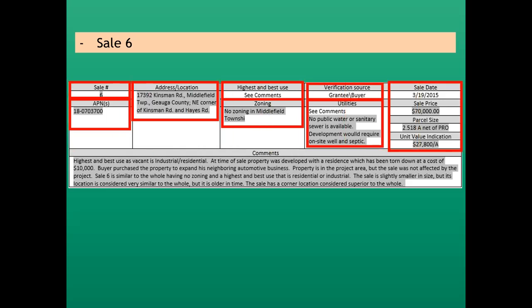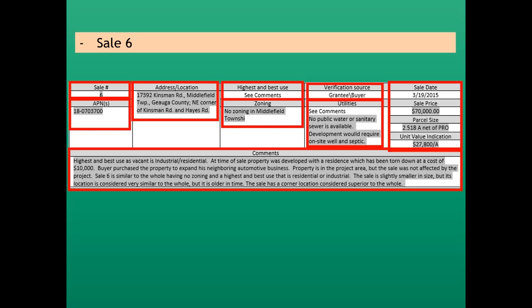Sale date is March 19, 2015, sold at $70,000, at a parcel size of 2.518 acres that was net of PRO, indicating a unit value of $27,800 an acre. And in the comments section, highest and best use